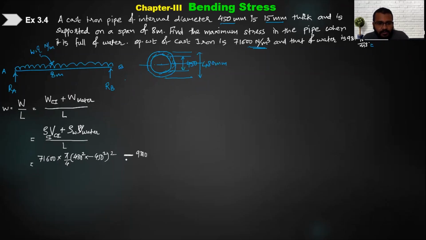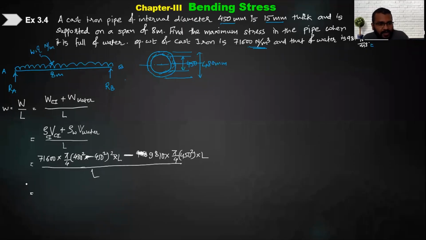9810 into pi by 4 into 450 square. See here, मैंने खाली एरियाज लिखा है, लेंथ लिखा ही नहीं। क्यों मालूम है? बिकॉज इनटू लेंथ इधर भी आएगा, लेंथ इधर भी आएगा, और वो लेंथ नीचे भी है, वो सब लेंथ 80 मीटर है सबका। तो पूरा पाइप को मैंने लेंथ से कैंसिल कर दिया, तो खाली लेंथ को हटा दो